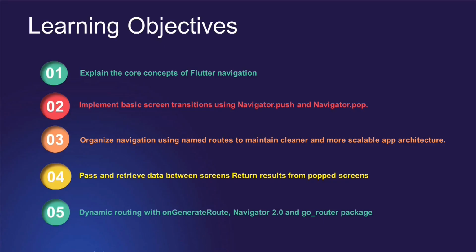be predefined. Moving forward, we will dive into Navigator 2.0, which is Flutter's declarative navigation system for more complex apps. We will simplify that in Flutter with the Go_router package, which is a modern approach that combines power with ease of use. And finally, we will compare Navigator 2.0 and Go_router and wrap up with best practices to keep your navigation clean, scalable and error free. So by the end, you will know which approach to choose for any Flutter project, whether it is a simple app or a full production scale application.